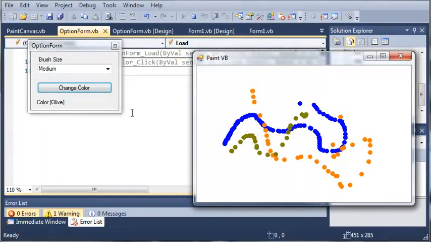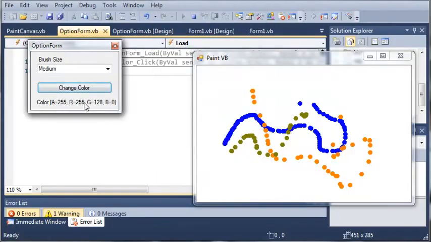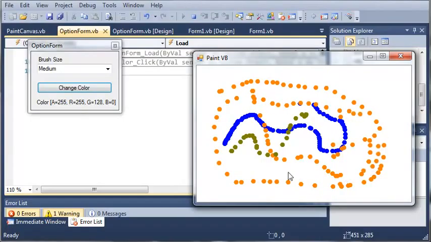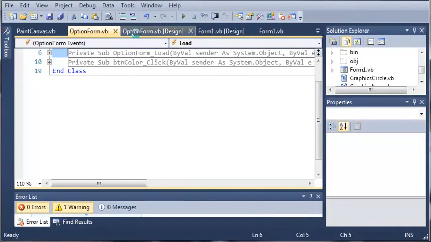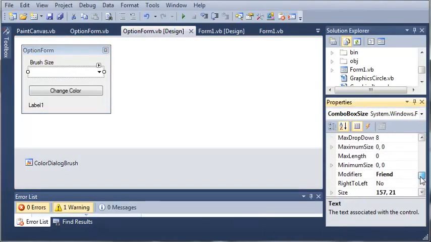So this one has a name, which is olive, but you can see here that this orange right here doesn't have a name, so it gives us the values for that. Now that's going to be useful if you're using Photoshop along with this and you want to know what the ARGB value is. So we'll go ahead and close out of that and make one more change before we're done with this tutorial. We'll come over here to OptionForm.vb, and